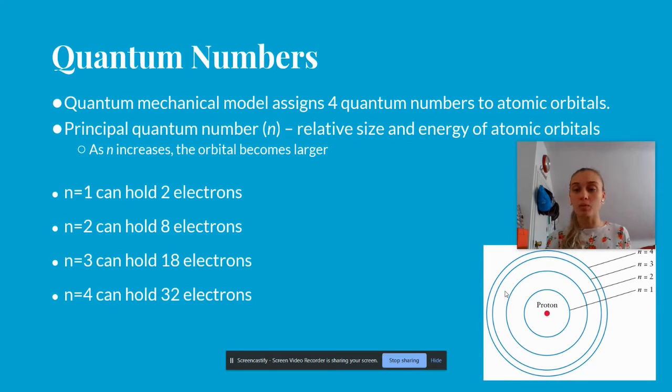When we draw our Bohr model, we keep in mind that the first energy level can only hold 2 electrons. I'll explain what that means when we get to the actual practice. The second energy level can only hold 8 electrons. The third energy level can hold up to 18, and the fourth can hold up to 32. I'm definitely going to do an example, and explain what it means to hold only 2 or only 8 as I do it, okay? So if we go to the next slide,